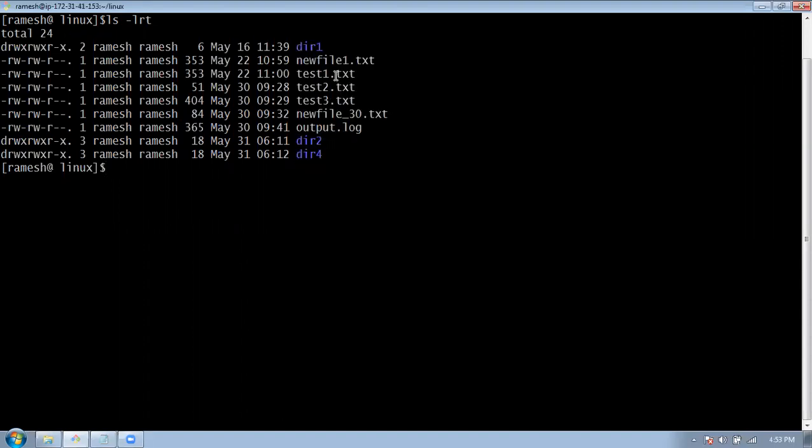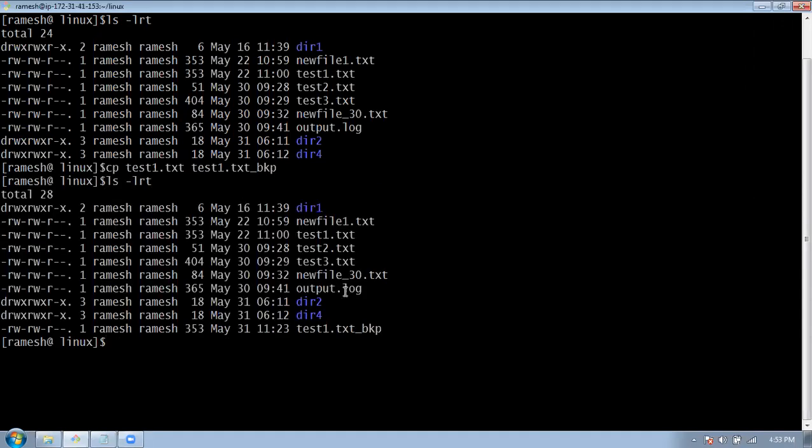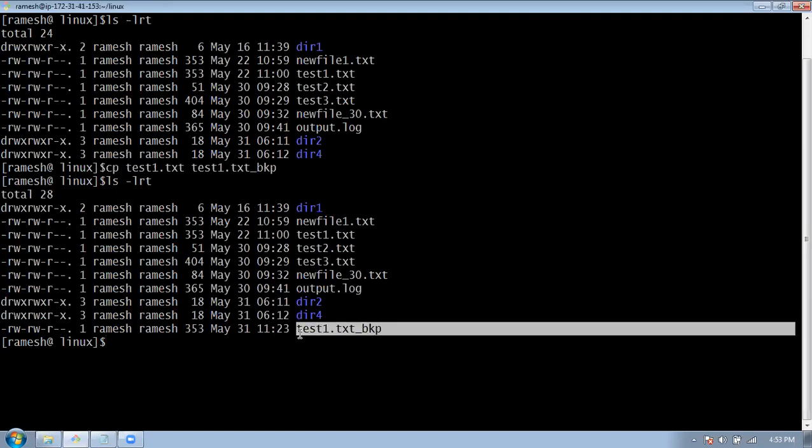Now I want to copy one of the files using CP and then file name, and then what is the file name you want to copy. Suppose I want to copy with the underscore BKP as a one backup. Okay, let me press enter. Now you can see there is a file has been created, one backup file.